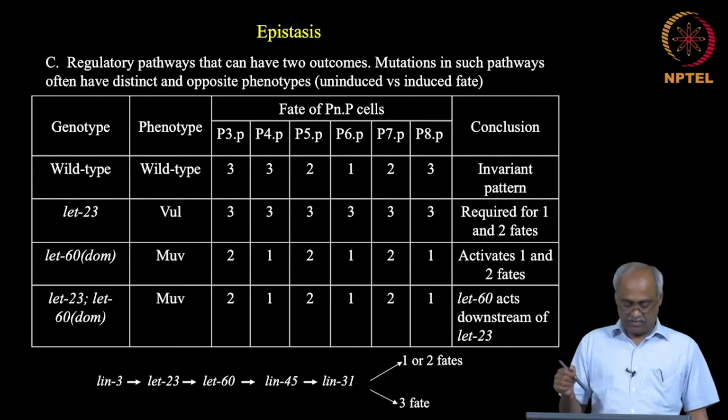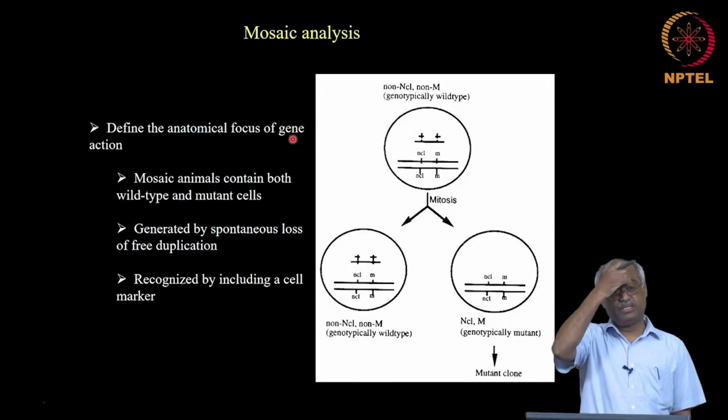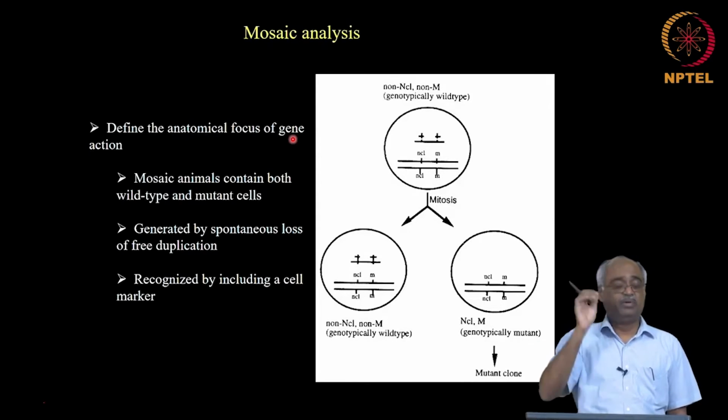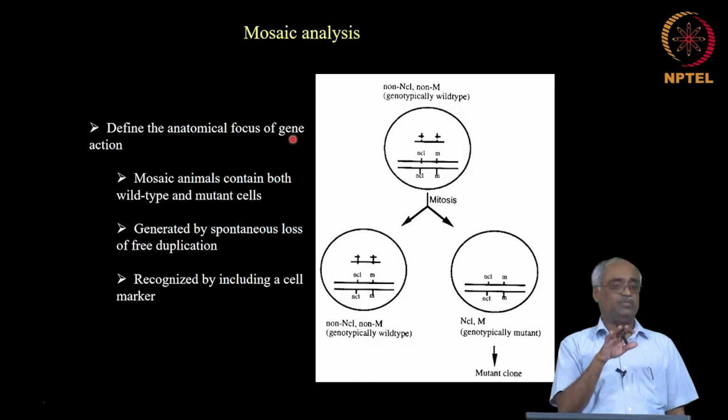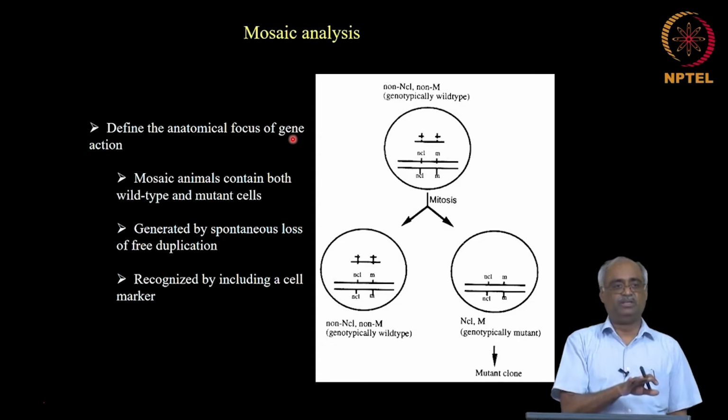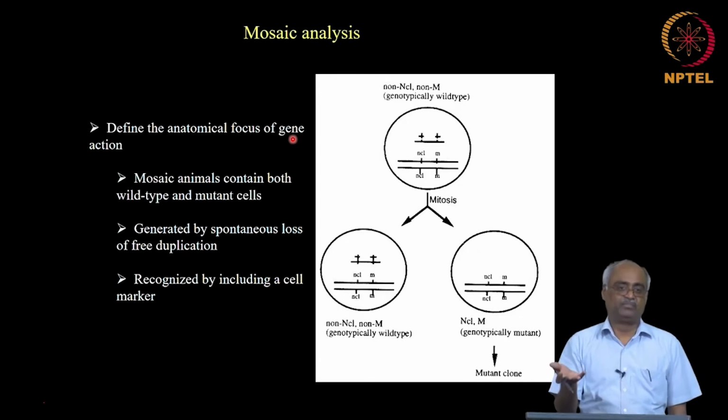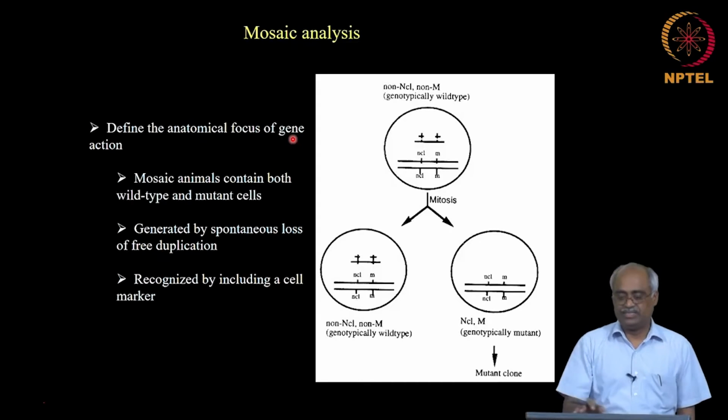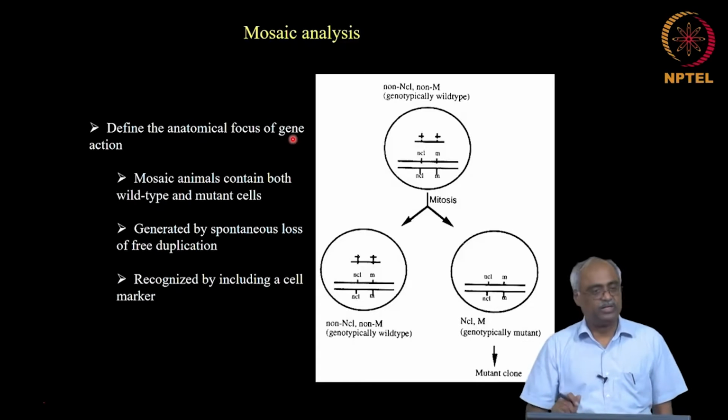But there is an opposite situation, which is what I often find people getting confused about in the exam, which is regulatory pathways. Why is it mosaic? Because that organism is going to be mosaic, because some tissues or some cells will have the wild type function of the gene, while others have lost it. So, this is an example of how you will do it.